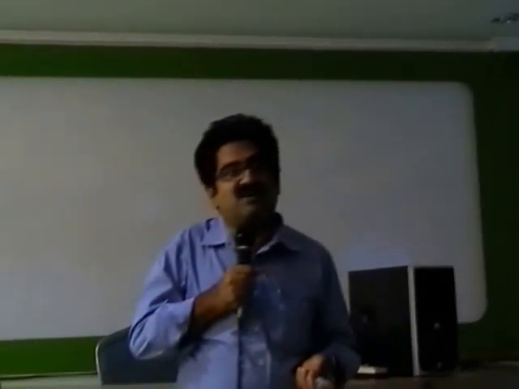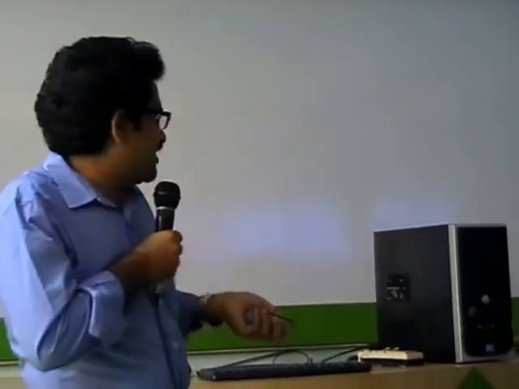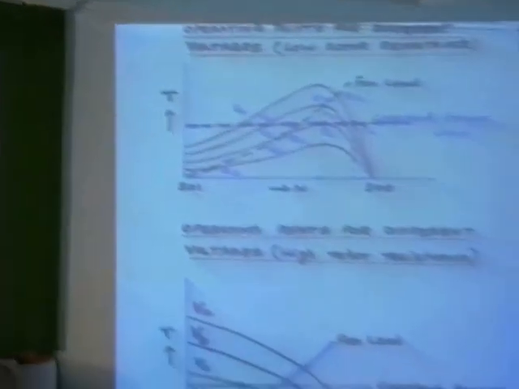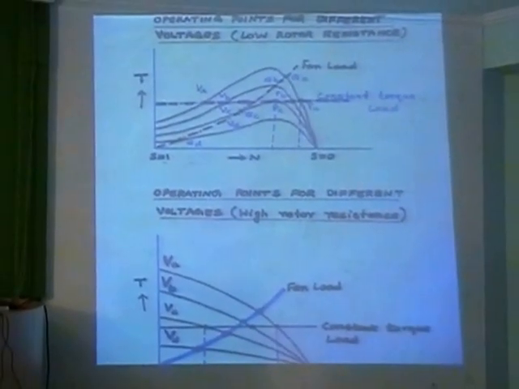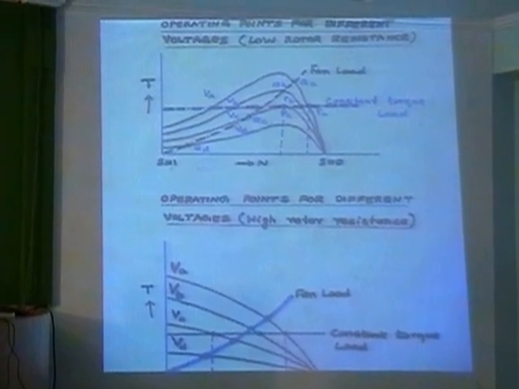So fortunately, when you have a fan operated on an induction motor, it gives a little wider range of speed control. But if it is a constant torque load, the speed range available is less. Same thing if I drive with a motor having higher resistance. This one is low rotor resistance, and this is high rotor resistance. With high rotor resistance, the range will be a little higher. So low rotor resistance gives a lesser speed range, and higher rotor resistance will give you a higher speed range.